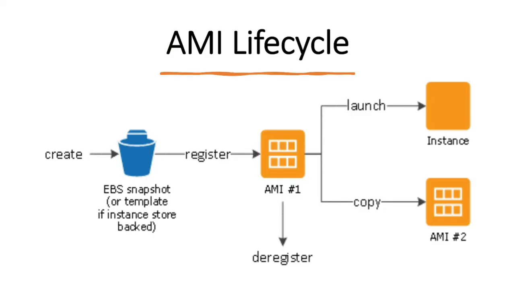The next thing which is very important in order to understand the working of your AMI is that we can create our AMI, of the two types that I have already mentioned, the EBS one and the instance store one. Then you can register that AMI. You can use it to launch another instance, or you can copy it into another account, or into a completely different region. And when you see that your AMI is no longer required, you can deregister it.